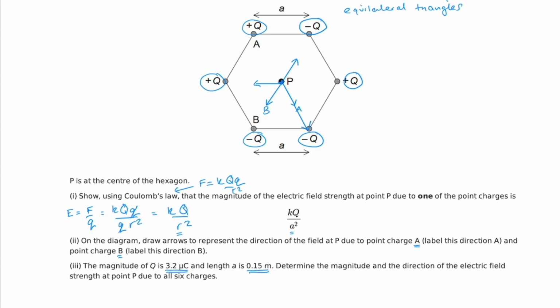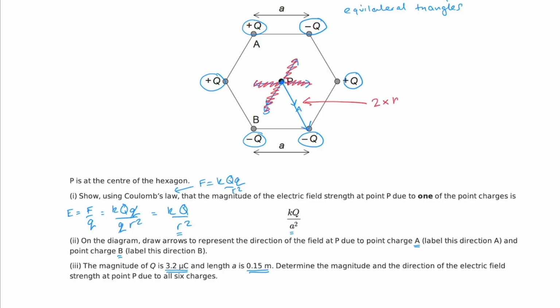Let's look at this one. P will be repelled from that positive charge, and it'll go in that direction like that. We can simplify this because this electric field strength is opposite to this electric field strength. That'll cancel out, the equal and opposite. This electric field strength is equal and opposite to that electric field strength. They will cancel out. So the resultant electric field strength is actually 2 times the magnitude of the electric field strength